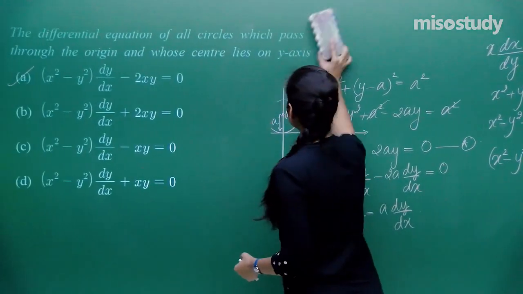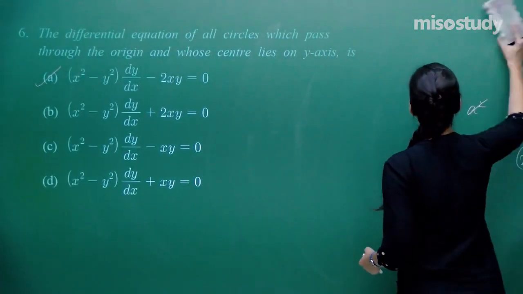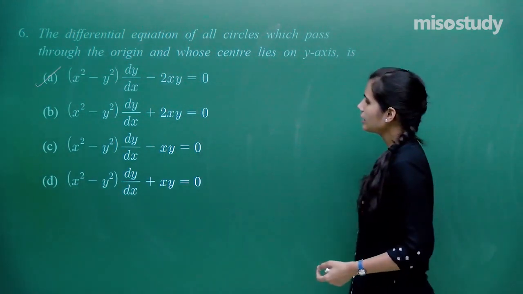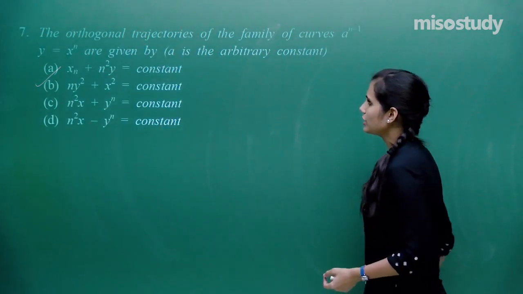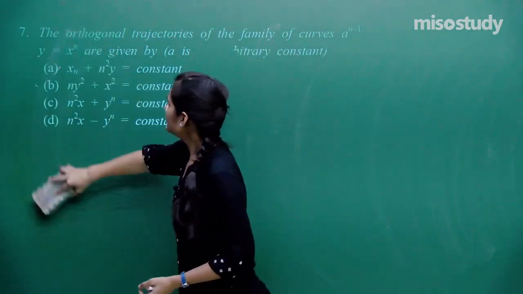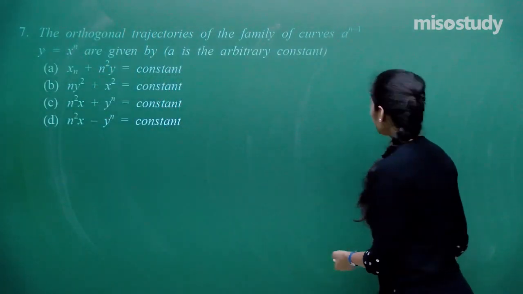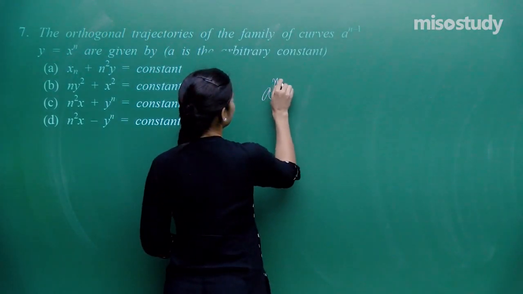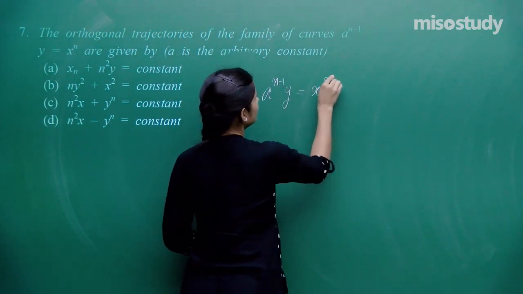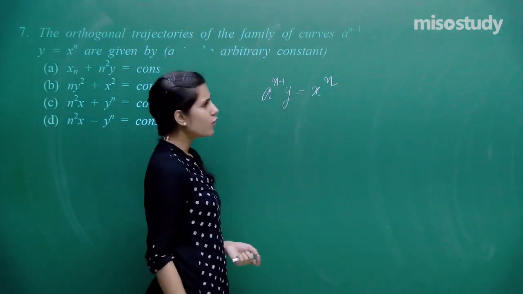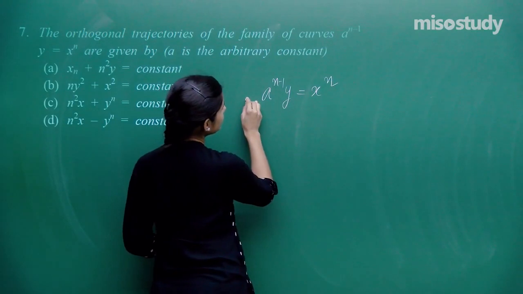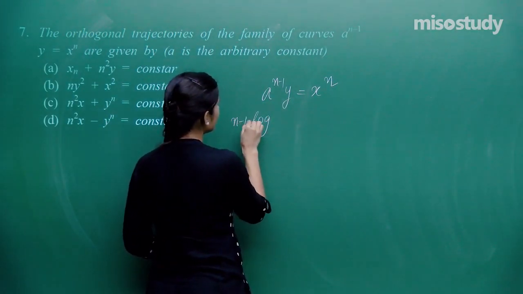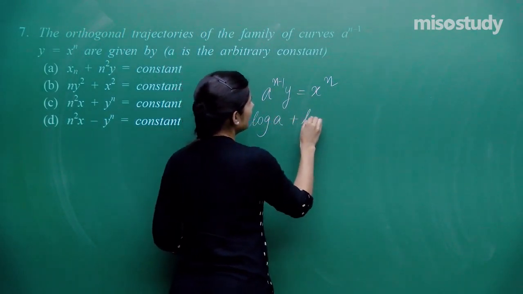Next question, let's see what it is. So, I have the next question, the orthogonal trajectories again. Orthogonal trajectories of the family of curves a to the power n minus 1 y equals x to the power n. Convenient is to first of all take log both sides. When you take log both sides, log of a to the power n minus 1, which is n minus 1 log a, plus log y